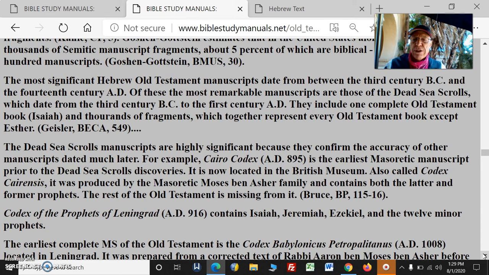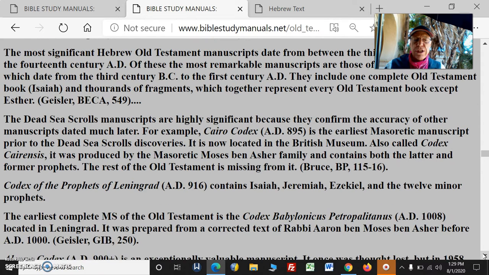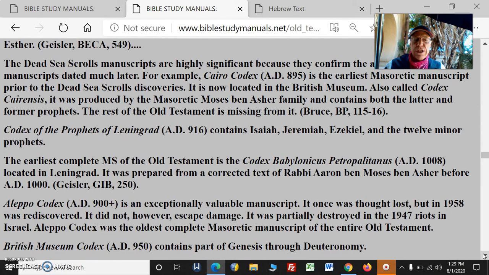And then we have the Codex of the Prophets of Leningrad. It contains Isaiah, Jeremiah, Ezekiel, and the 12 minor prophets. The earliest complete manuscript of the Old Testament is the Codex Babylonicus Petropolitanus, located in Leningrad. It was perhaps prepared from a corrected text of Rabbi Aaron ben Moses ben Asher before AD 1000. And we have the Aleppo Codex, an extremely valuable manuscript. It was once thought lost, but in